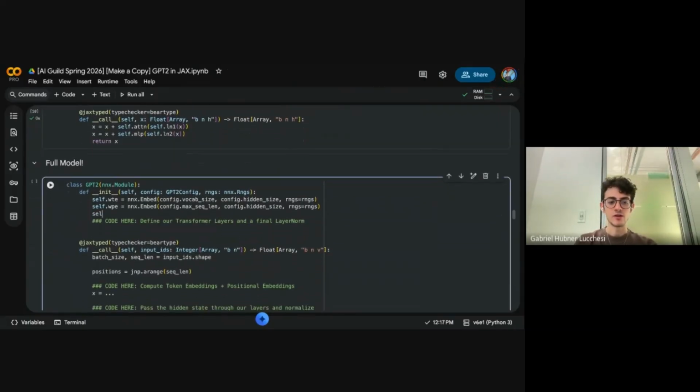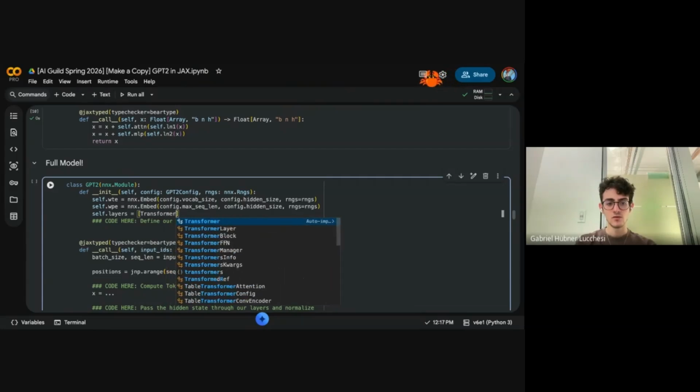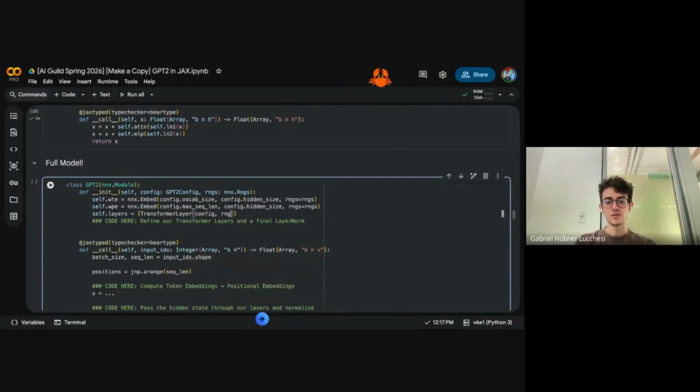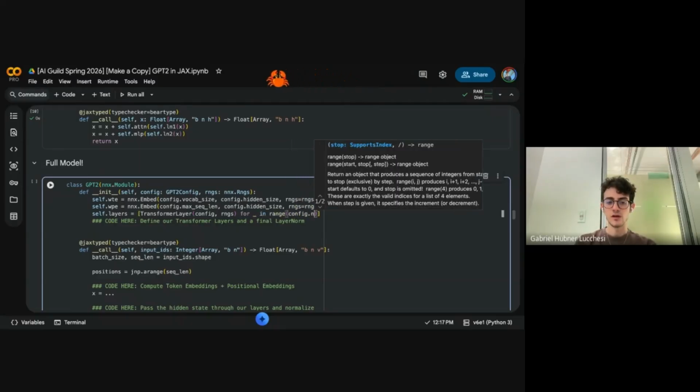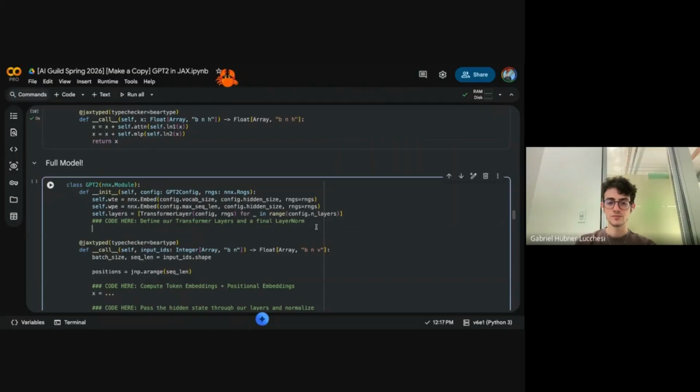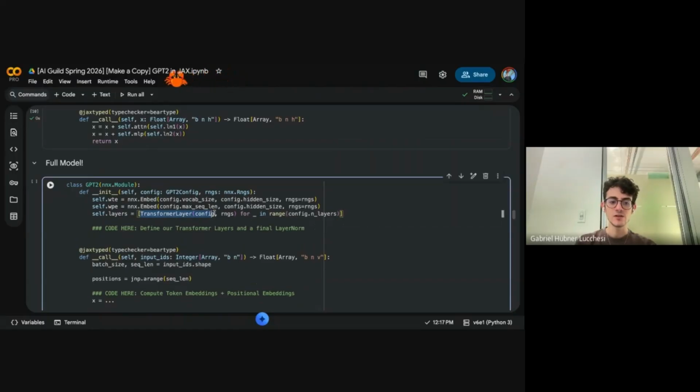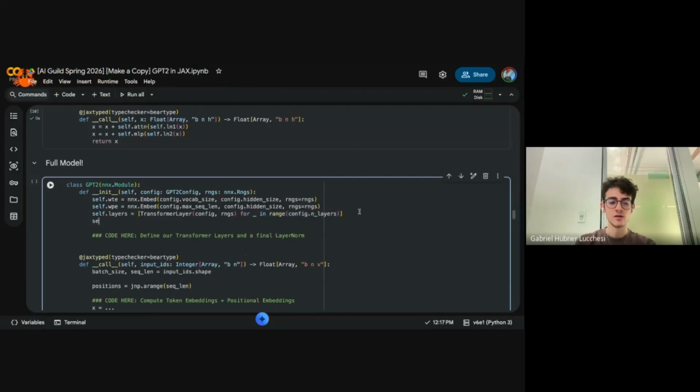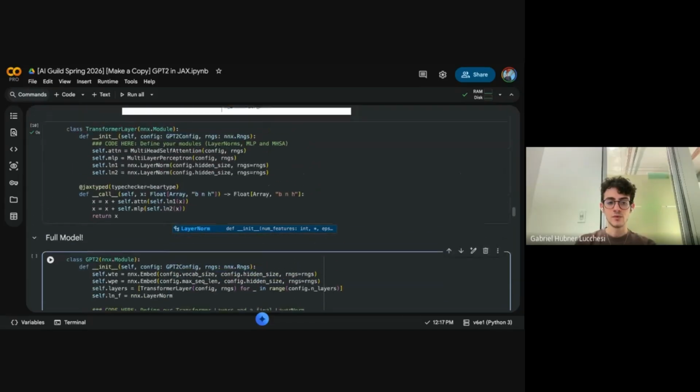So I'm just going to define our layers here as a big list comprehension of a transformer layer: transformer layer with config and RNGs, for range config.n_layers. What is this doing? It's creating a transformer layer for every single one of the 12 transformer layers. It's making a list of transformer layers, basically. And then we have a final layer norm at the end.